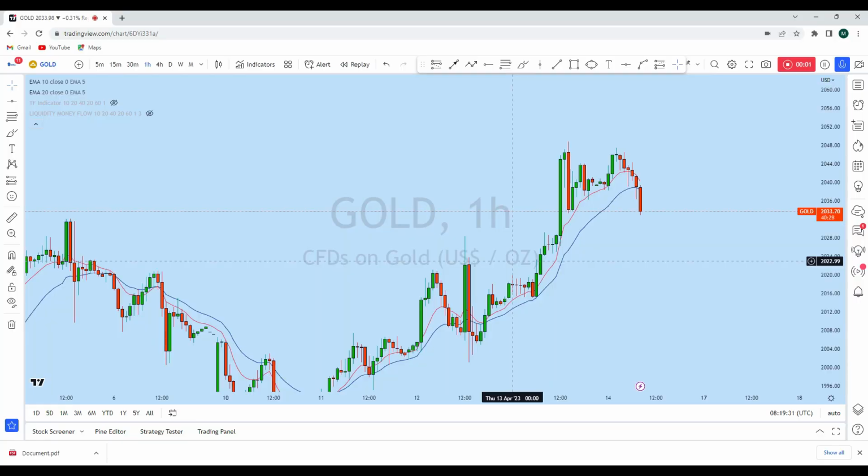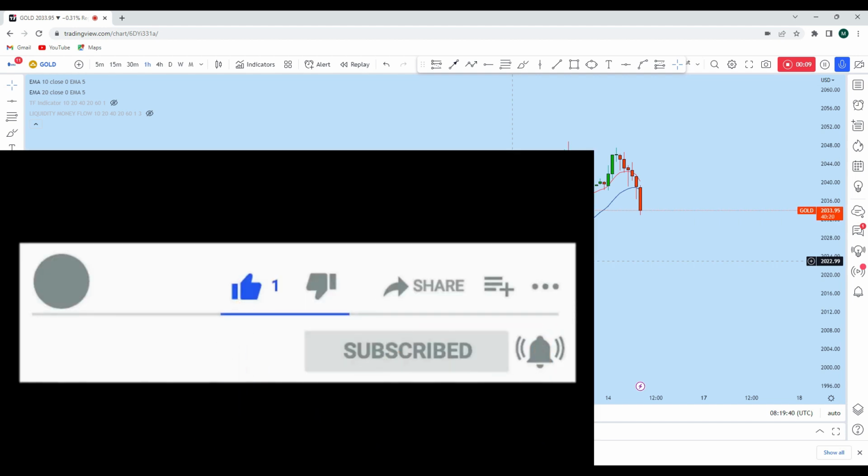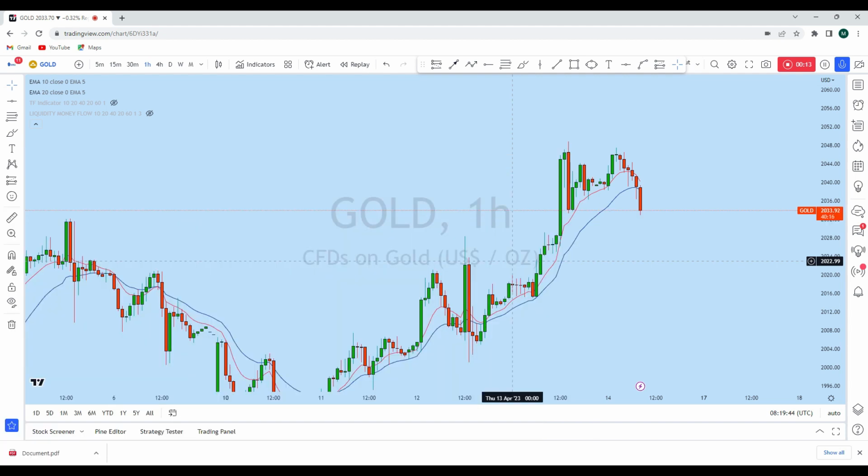Hello trader, I'm going to do a complete multi-time frame analysis on gold. Let's see what kind of trading opportunity we currently have in this instrument. As you can see, on the lower time frame gold is giving us a significant trading opportunity. Now before we discuss how we can trade, let's look at the bigger picture to see the general direction in the